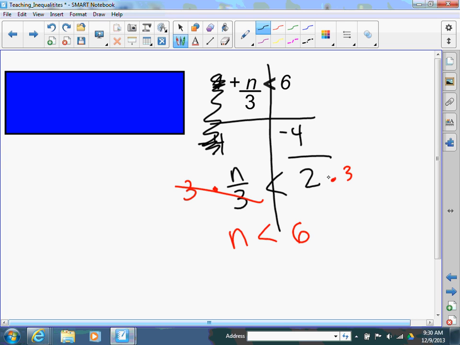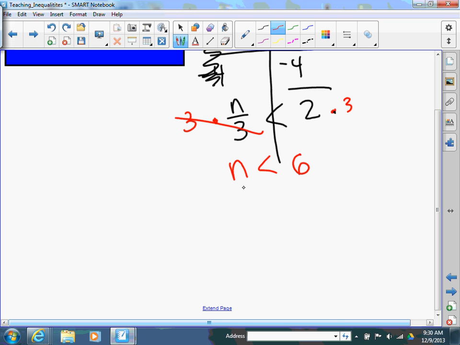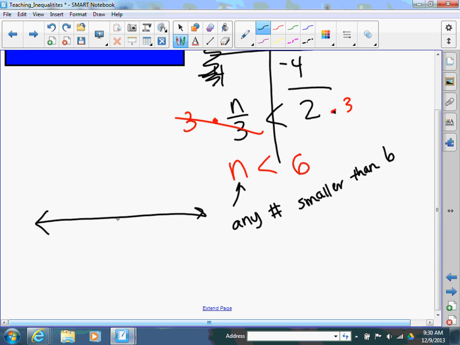Multiply 6. So any number that is smaller than, any number smaller than what? Give me some numbers that are smaller than 6. 5, 4, 3, 2. So when we go to shade that, we have to shade those numbers. That's why when we go to shade it,